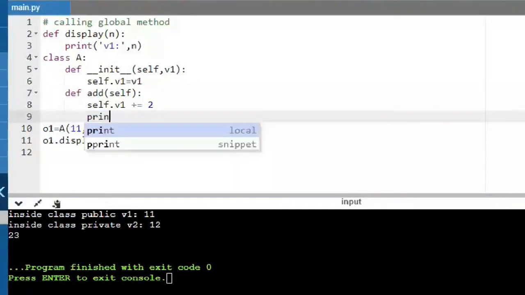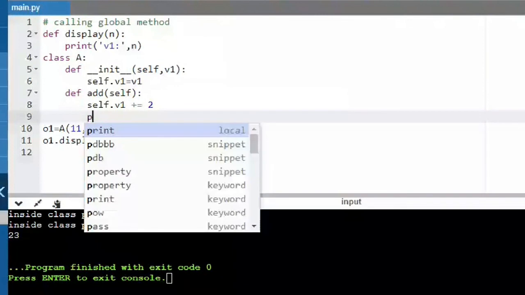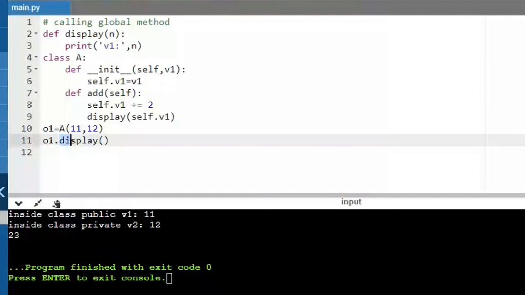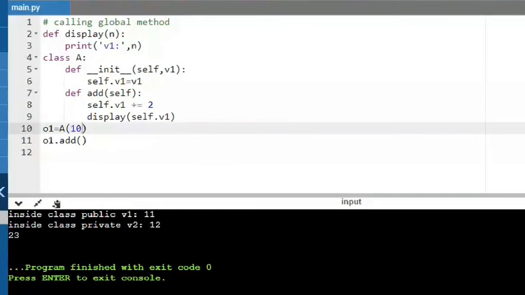So I'll simply say display, and then I'll pass this self dot v1. Okay, fine. And here I need to make a call to add. There is only one value, so I'll take 10, so it should print 12 on the screen for me. Okay, fine.